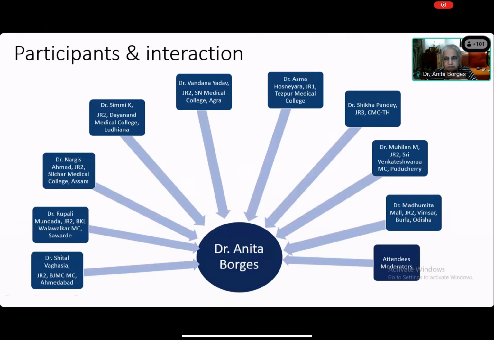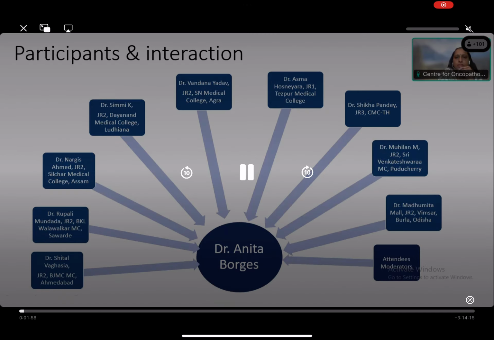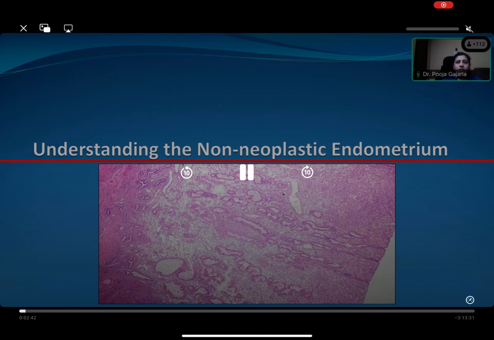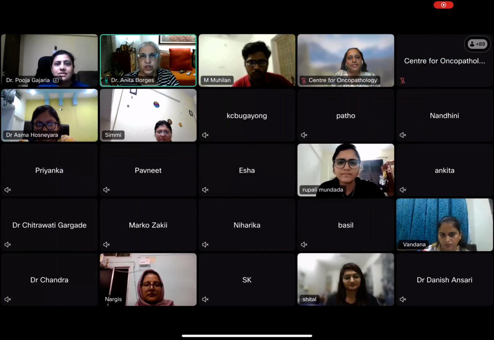I don't think Shika's there. Is Shika there? I don't think so. No, Shika is not there. Yeah, so Shika and Case of connection. I think, sorry, that's all right.